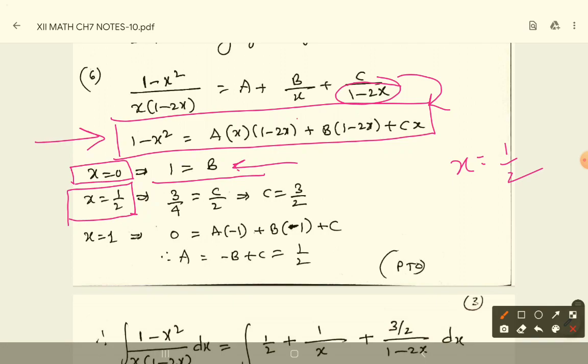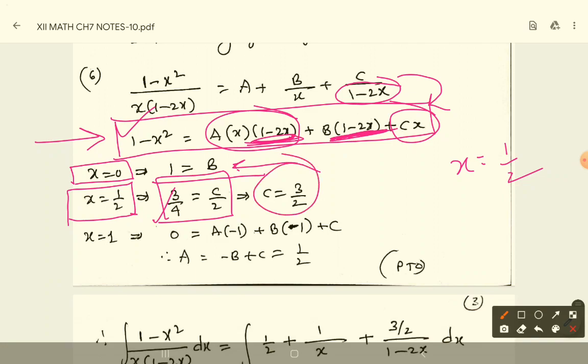So then I get this is 0, because this is 0 and 1 minus 2x is 0, then c into 1 by 2. This is 1 minus 1 by 4, which is equal to 3 by 4. Then the c value also will come as 3 by 2. Calculation must be done. Then if I take x is equal